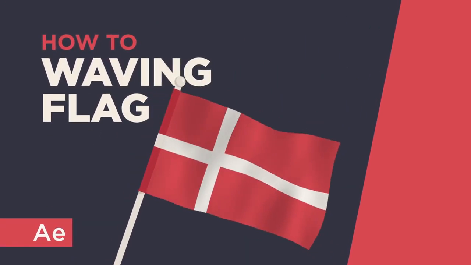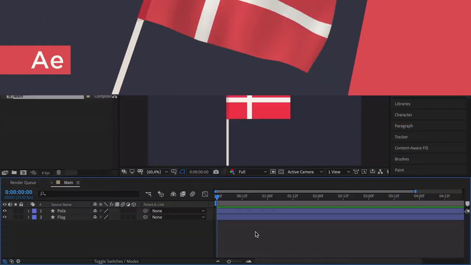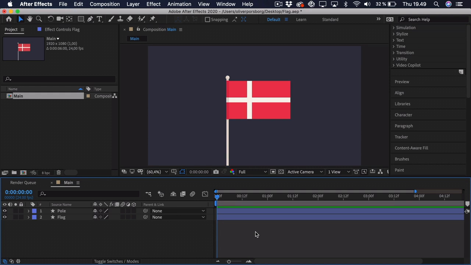In this video I'll teach you how to animate a waving flag in After Effects. First of all, I have illustrated this flag in Illustrator. It's the Danish flag, it's from Denmark, that's also where I'm from. And I've simply separated it into the pole and the flag itself. Now we're mostly going to work on the flag, as the pole will just be there to hold onto the